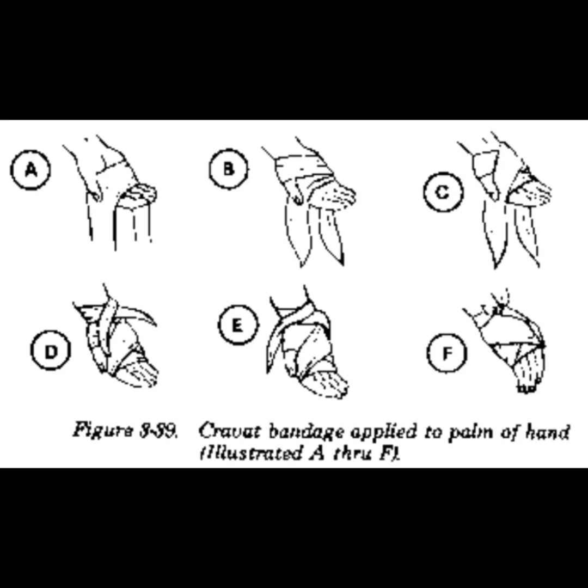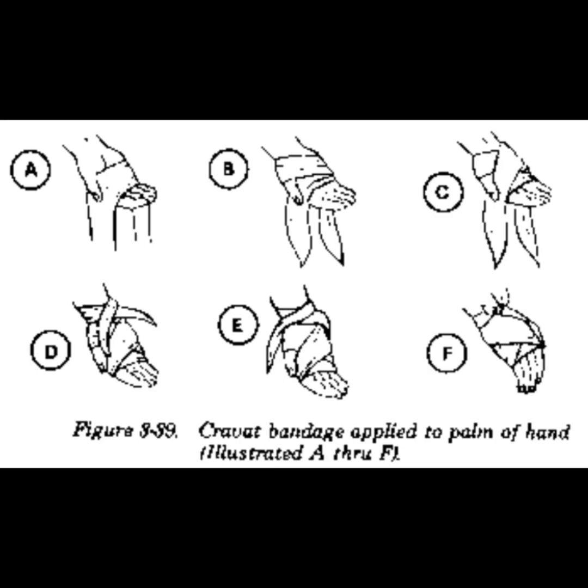1. Lay the middle of the cravat over the palm of the hand with the ends hanging down on each side. 2. Take the end of the cravat at the little finger across the back of the hand, extending it upward over the base of the thumb, then bring it downward across the palm. 3. Take the thumb end across the back of the hand, over the palm, and through the hollow between the